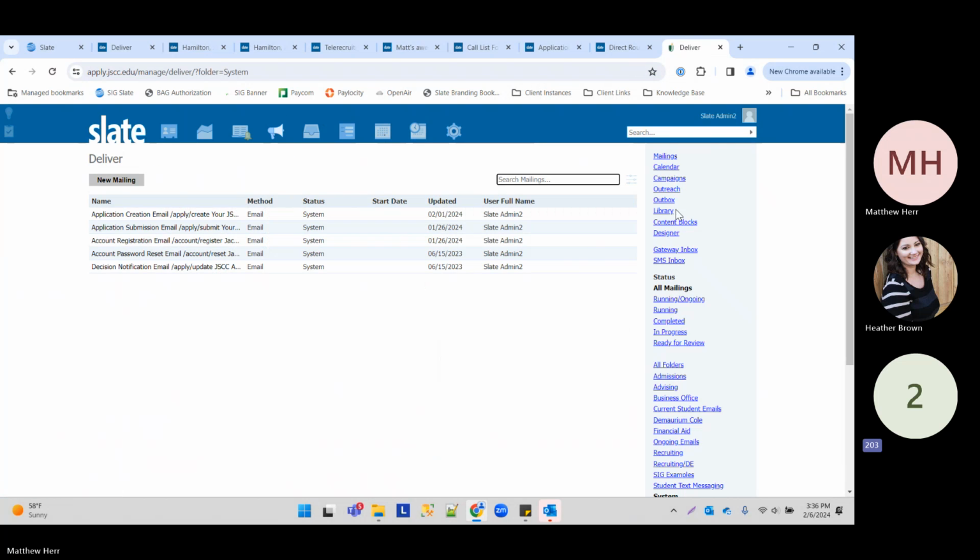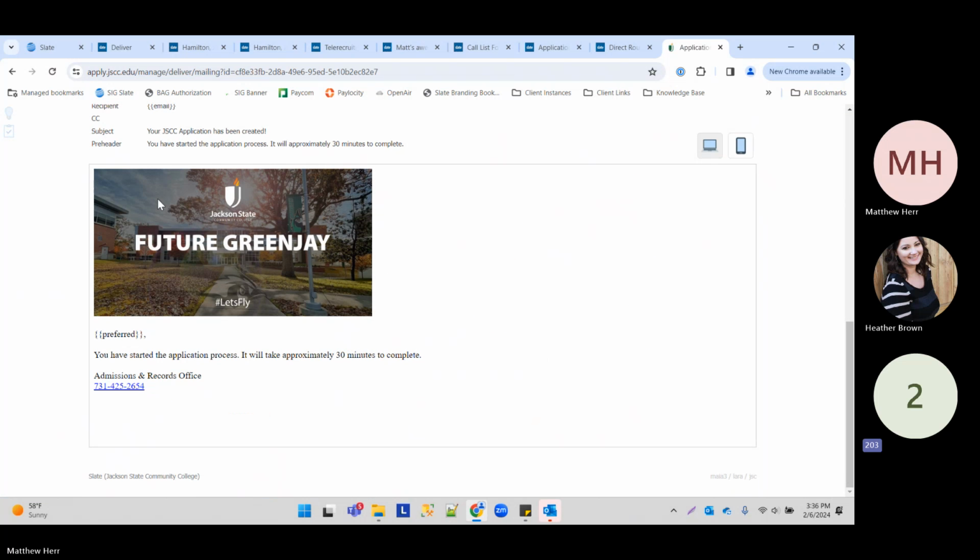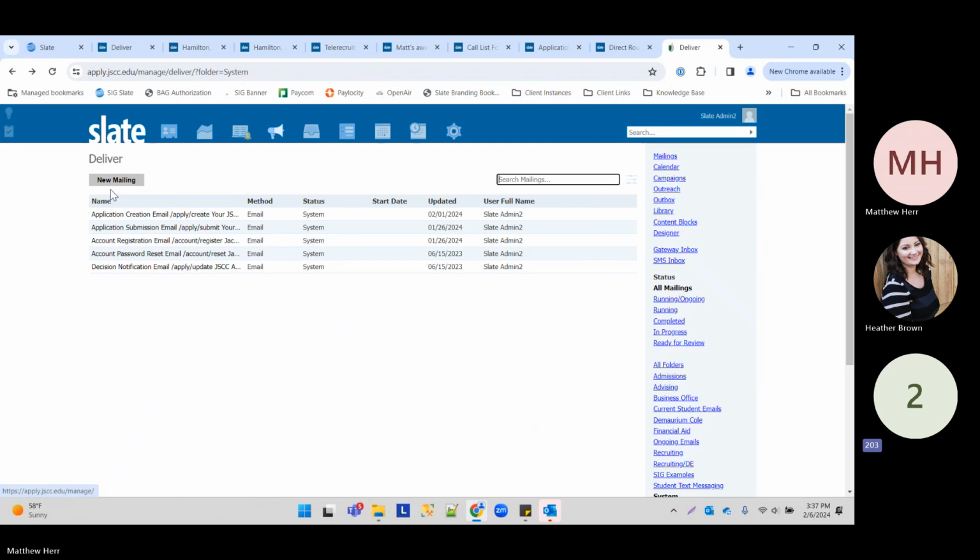So in Jackson, what we did is, here's our application creation email. We made this a little bit prettier. We added a nice picture at the top that says Future Green Jay, and it says, "You have started the application process. It will take approximately 30 minutes to complete." And then from the Office of Admissions, we have